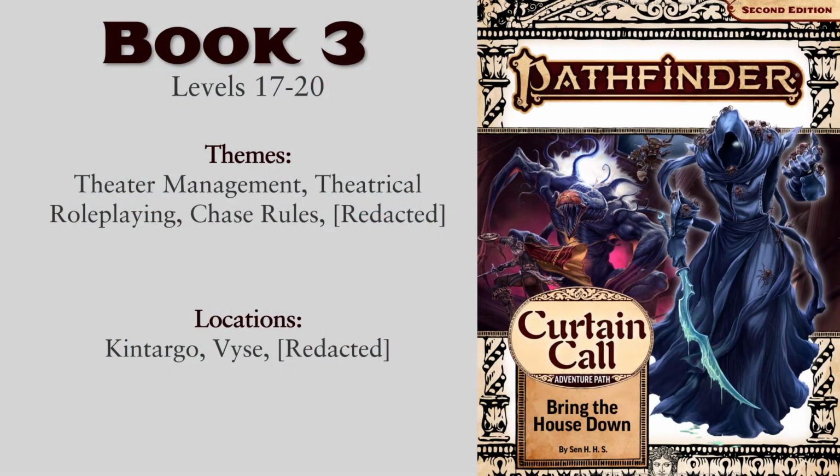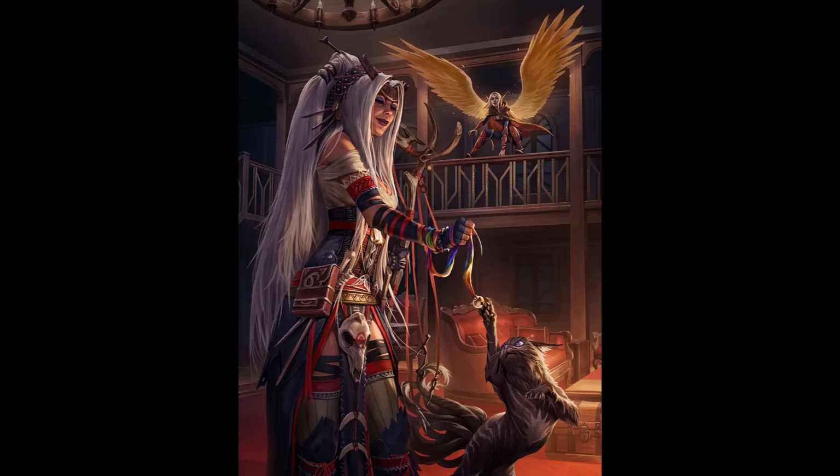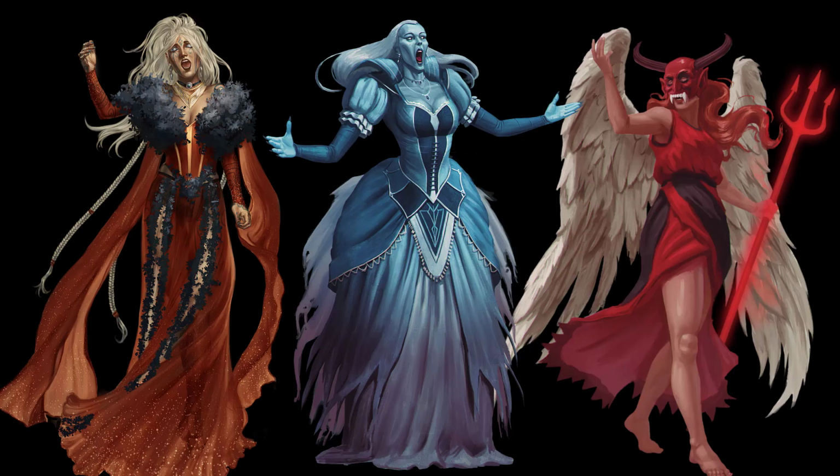Book 3, Bring the House Down. Back in Cantargo with their star safely returned, the players must now contend with the dreaded Hell Month. Only a few weeks to go before the premiere, there is still much work to do. This plays out as another series of skill challenges and other tasks such as managing invitations for important guests, finishing costumes, performing a consecration ritual for the opera house, helping a struggling performer regain their confidence, choreographing the climactic stage battle, and so on. Then, finally comes opening night and the players perform their opera to a packed house.